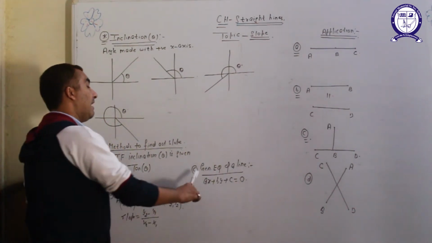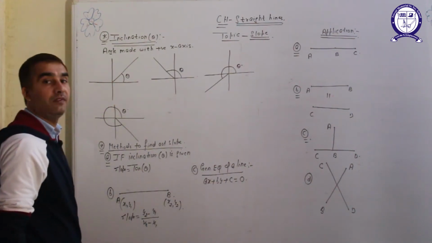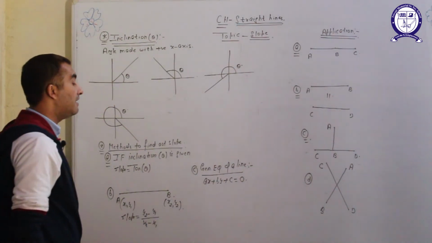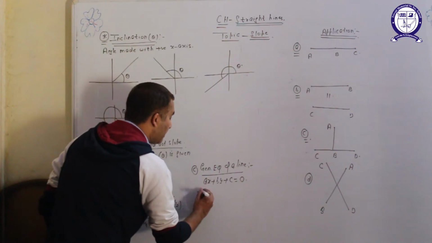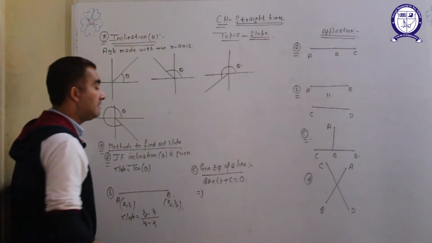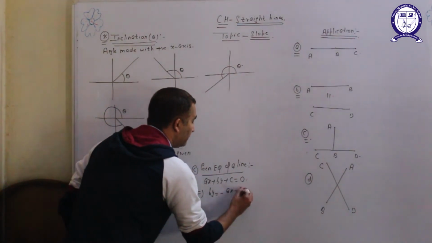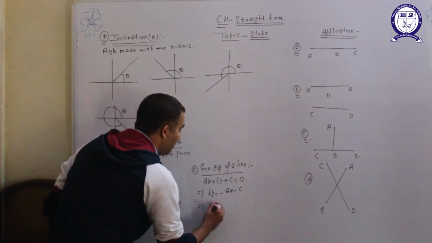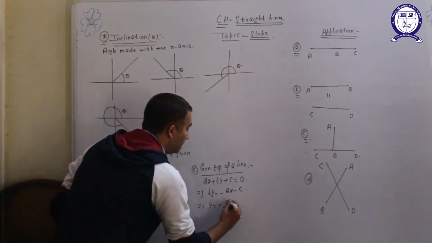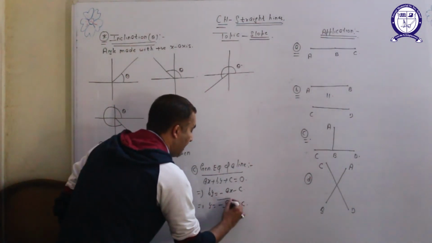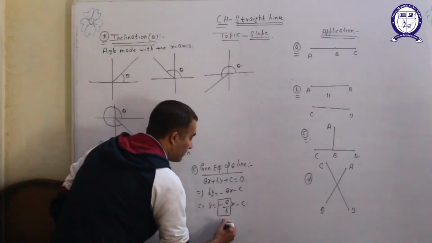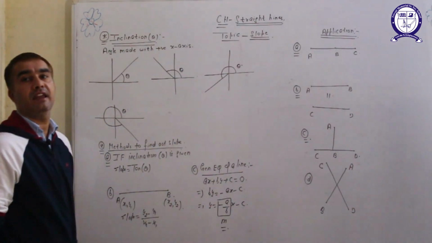If the general equation of a line is given to you, that is ax plus by plus c equal to 0, then convert it into slope intercept form. The method is: the coefficient of y will be on your left. Make the coefficient of y single. The coefficient with x will act as the slope, represented by m.